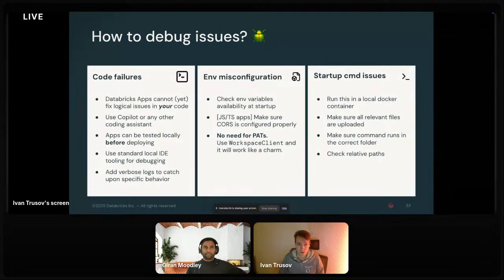The second thing, which happens more often too, is the misconfiguration of your environment. My recommendation here would be the following. First of all, check the environment variables at startup. There are various libraries in Python which allow you to verify whether a specific environment variable or a command argument is properly provided.